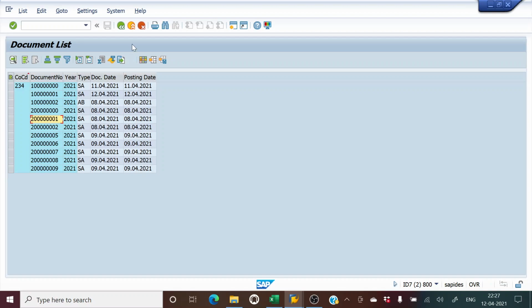Right. Now if you want to do the same thing with multiple documents, let's see if we want to reverse 2, 5, 6 and 7.